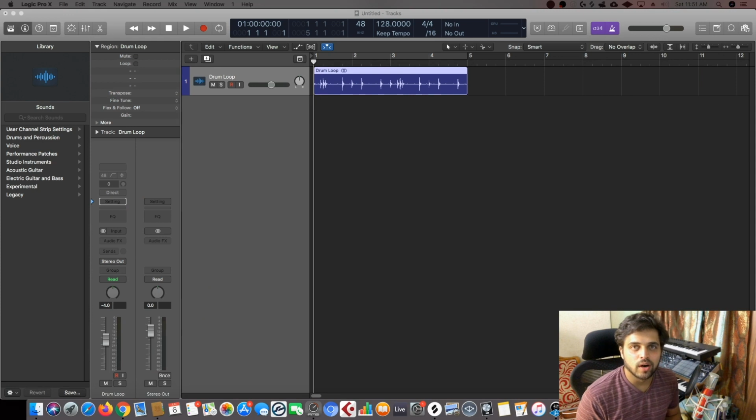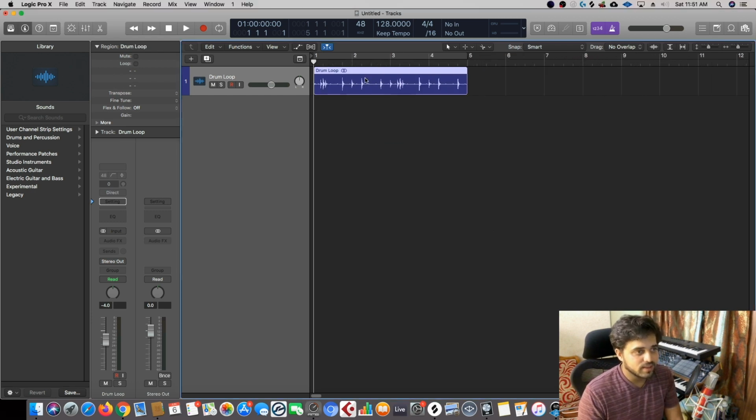In today's video, we will learn how to edit the regions by moving them from one track to another track, move them from one section to another section within the same track, duplicate them, cut them wherever we want to cut them, and so on and so forth. These shortcuts are very essential for you to really develop speed while working on Logic Pro X. So let's quickly start with the first one.